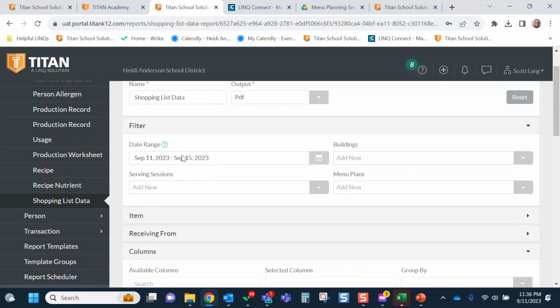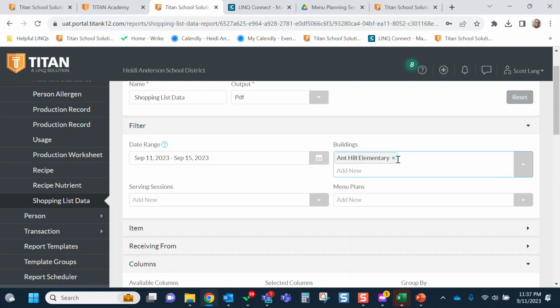So I can do any date range that I want to here, and it'll look at everything that I have planned during that date range, and it will provide a shopping list for me. You shouldn't need to narrow down by building unless you have multiple buildings that you're assigned to. In that case, drop that down and select the building that you want to run this specific shopping list report